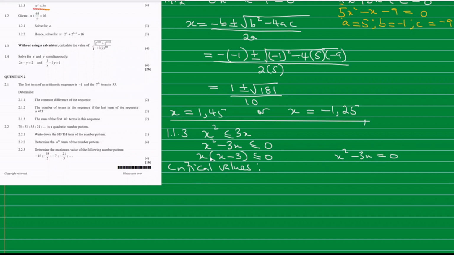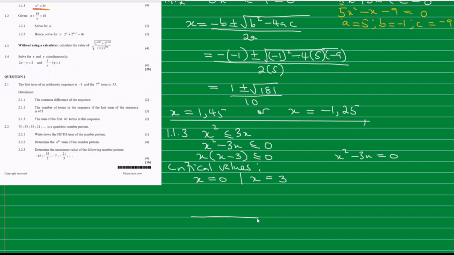So from here, the critical values, we get x is equal to 0 and x is equal to positive 3. Just treat it like you are solving for x. So our critical values are x is equal to 0 and x is equal to 3. Now critical values are important when we are solving our inequality problem. What we do is now we are going to